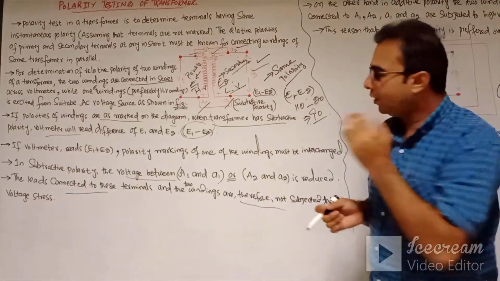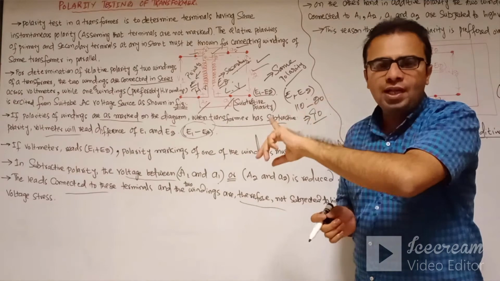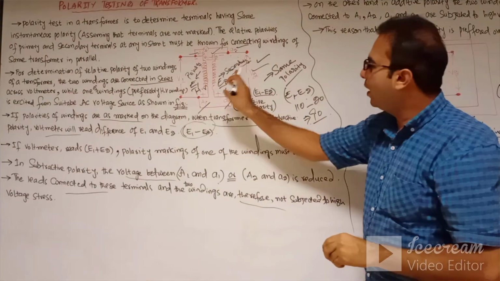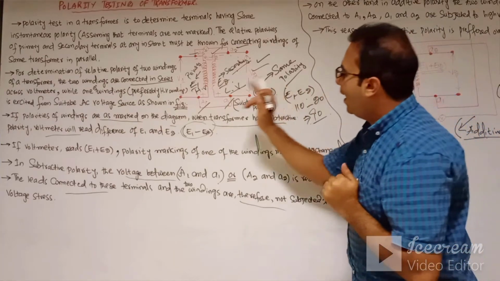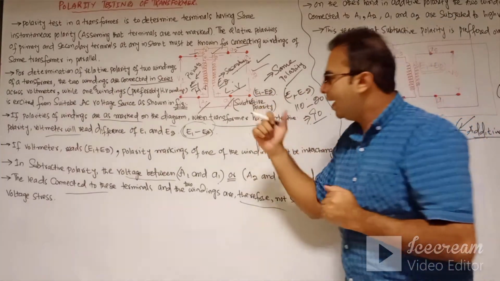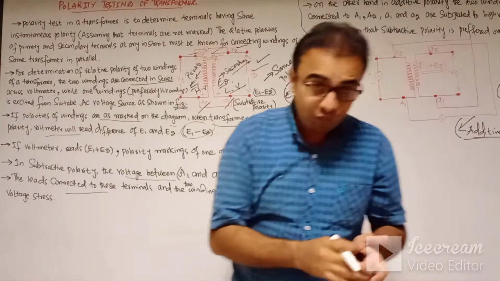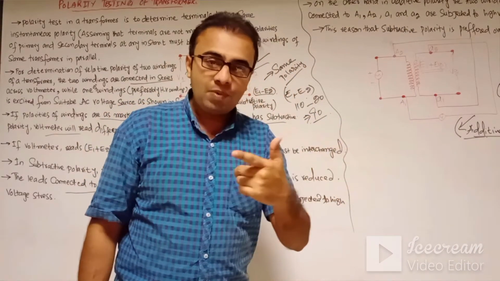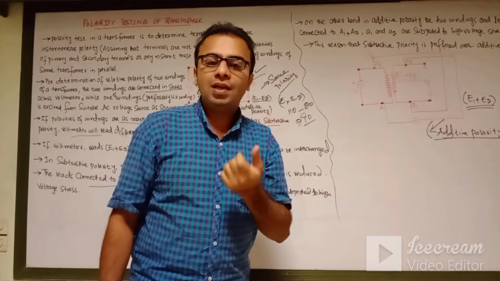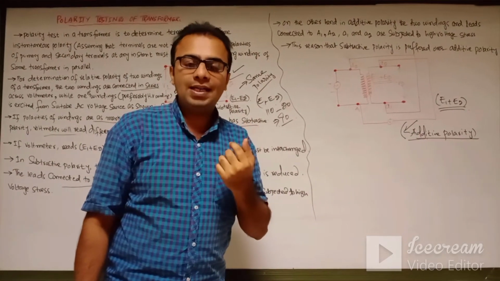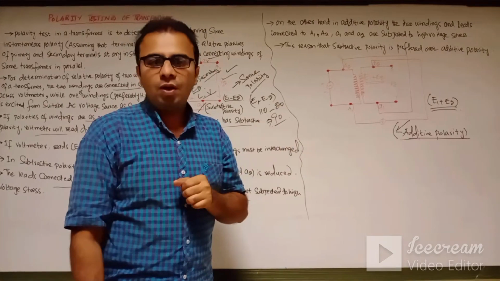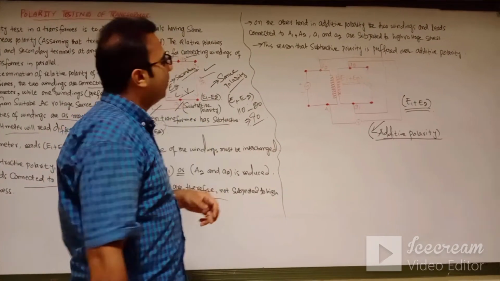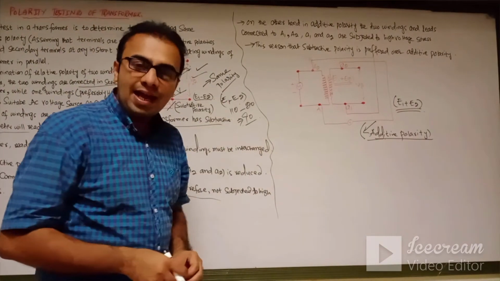So this was the same polarity testing, where the A2 terminal of the primary side is connected with the A2 terminal of the secondary side, and the A1 terminal of the primary side is connected with the A1 terminal of the secondary side. This is called the subtractive polarity, and the voltmeter will give us the reading of E1 minus E2, the difference of both EMFs produced in the two windings of the transformer. Okay, now coming towards the additive polarity.